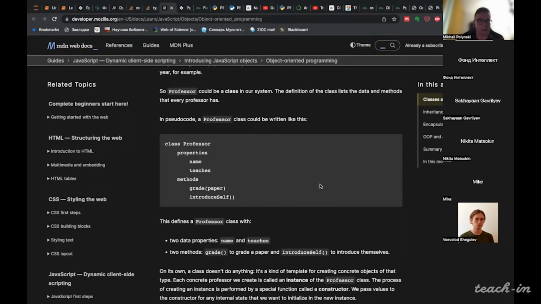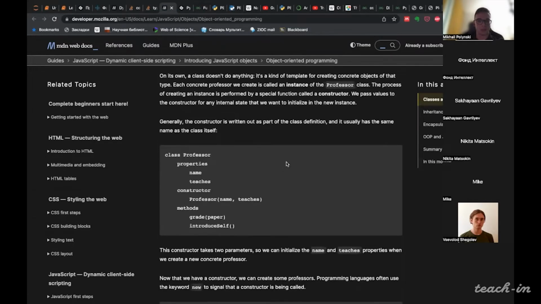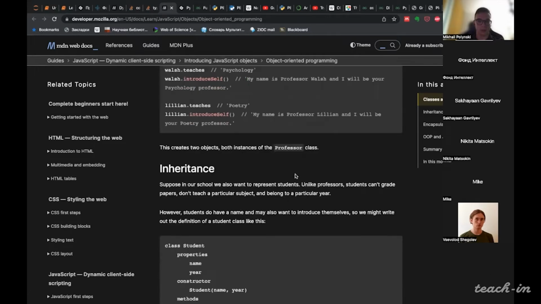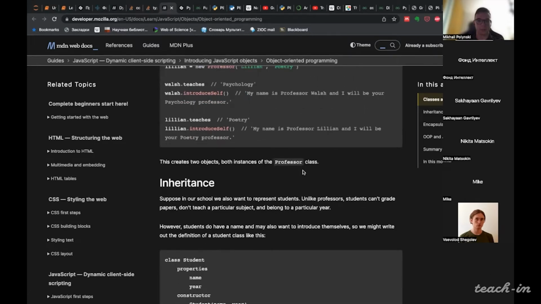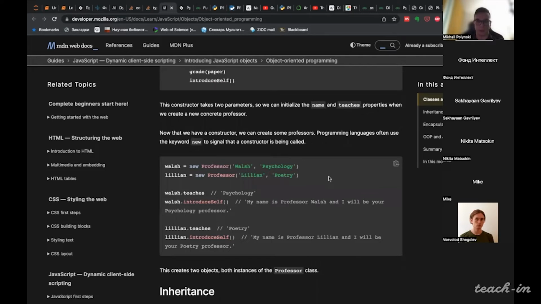For example, by considering this pseudocode, you can see that here we define a class professor that has some properties, and from these classes we can instantiate objects that we will then use in our code.